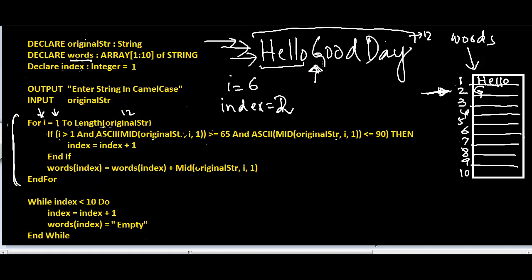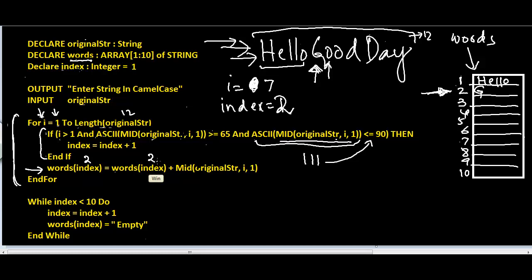So next time the loop runs, the value of I becomes equal to 7. When I is equal to 7, this mid function is going to return the 7th character, which is O, small o, right? And the ASCII code of small o equals 111. So 111 is not less than 90, therefore this if statement is not going to execute, and we're going to come to this instruction, and this would be words 2